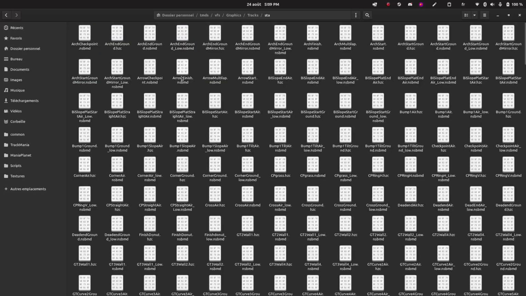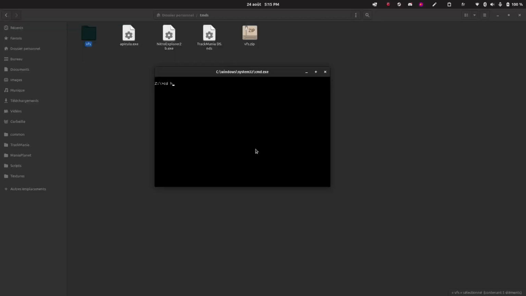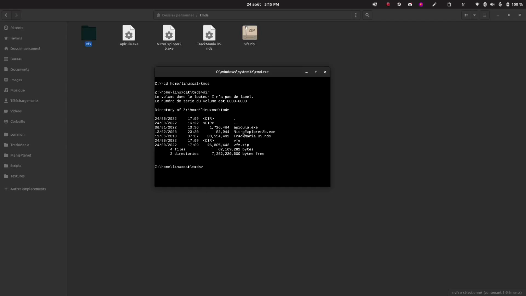Then we have a ton of models in NSBMD file. To open that, we need Apicula. However, Apicula is a command line tool. So you need to open a command line window, then type cd space and then the path where Apicula is. Then press enter, then you type the command, apicula.exe convert